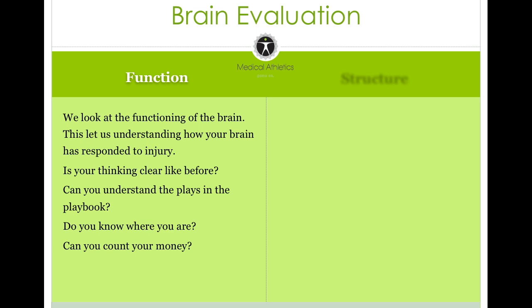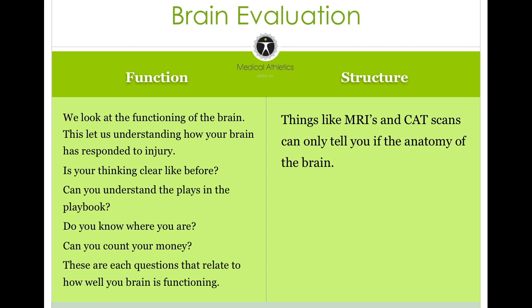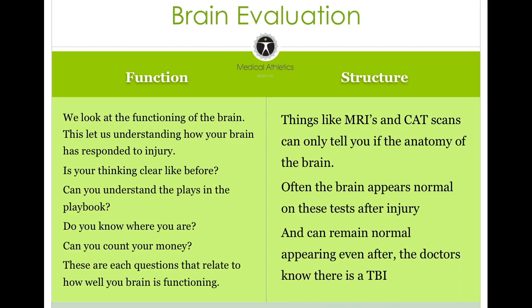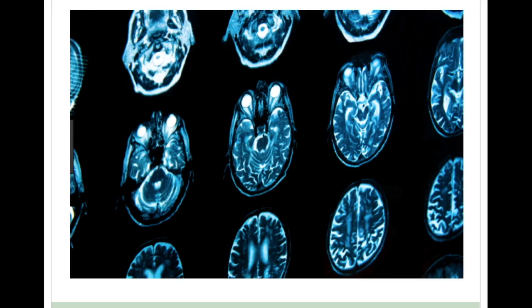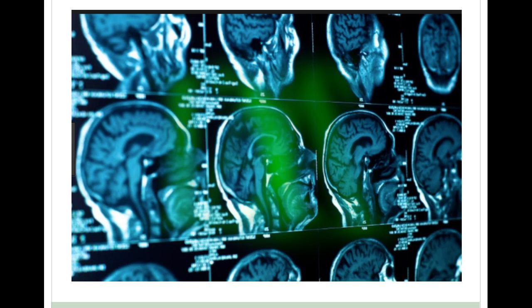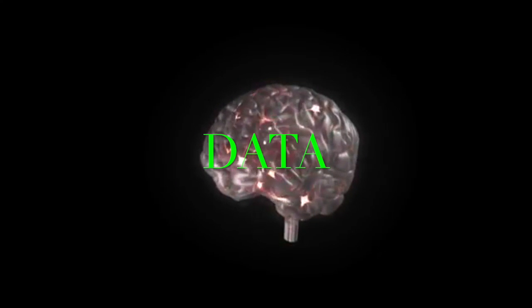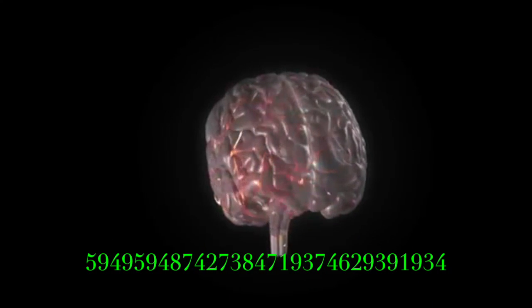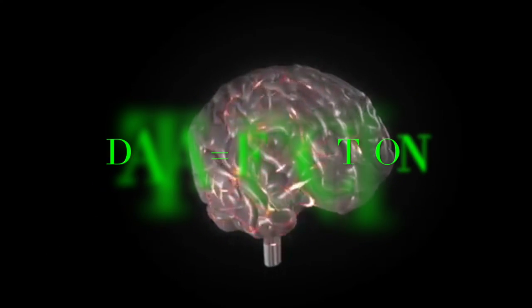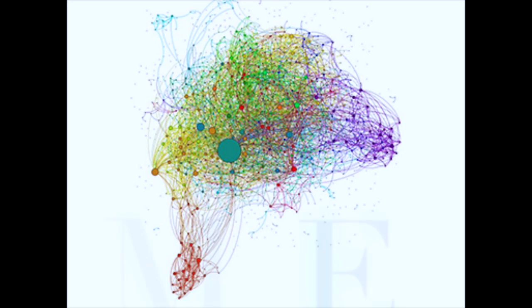All of these things help you make it through the day. And tests like MRIs and CAT scans don't help because often they're normal after concussion. And they may always be normal, even when your doctor knows the brain is concussed. But the pictures are very pretty. They're very beautiful pictures. But here at Medical Athletics, we want data. We want information about your brain. We want to look at all those points of light, as beautiful as they are, and turn them into numbers, turn them into data, into software, so that we can extract information about it, so that we can give it a score